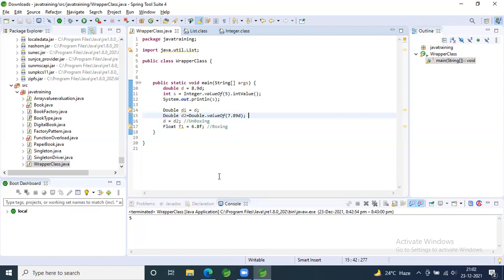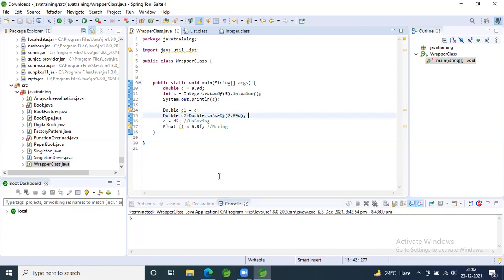So all these, you don't need to build your own logic. Everything is already in place. You need to just use either the toString method, or you have to use the relevant valueOf or parseInt method to convert or transform your object to the relevant actual data type and then save it into the database. So that is what the wrapper classes are all about. And this uses your factory pattern. And now you know what is the purpose of it. So you can try with all permutations and combinations. Like once you get an integer value, you try to convert it to a double.